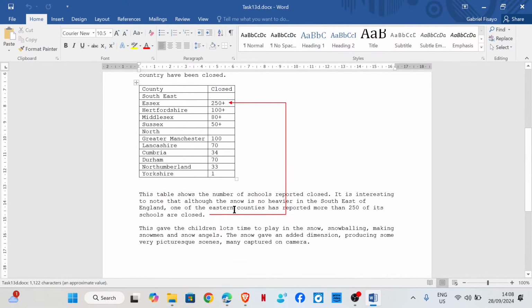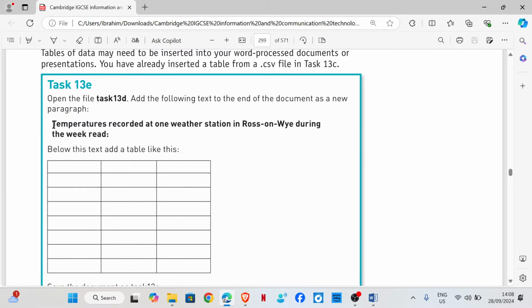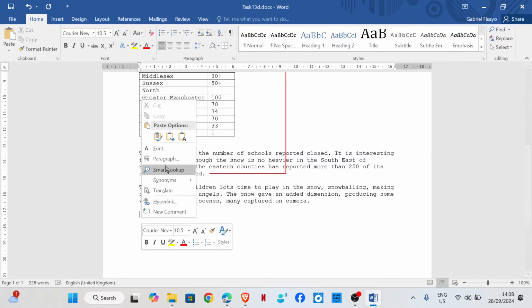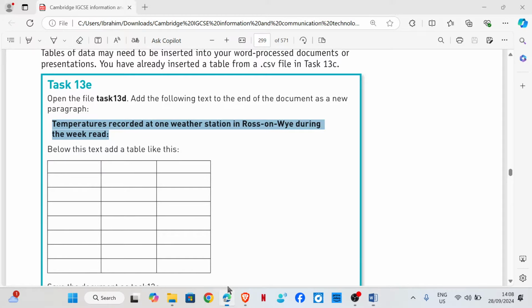Okay, so the end of the paragraph, this is it, this place. Then we need to add this text, okay, as a new paragraph. Okay, I'm going to make this capital letter. Okay, below this text, add a